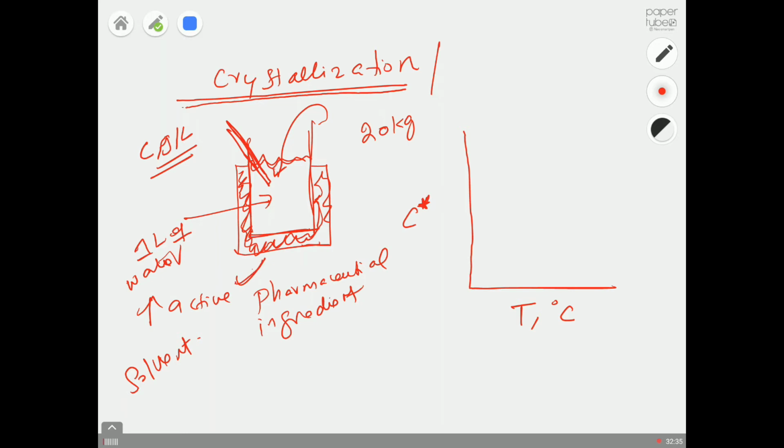So we heat the solution to 5 degrees centigrade, and say let's wait for 8 hours or maybe even 24 hours. Which means during this time some amount of your API will get dissolved. Say we dissolved roughly 4 grams per liter,